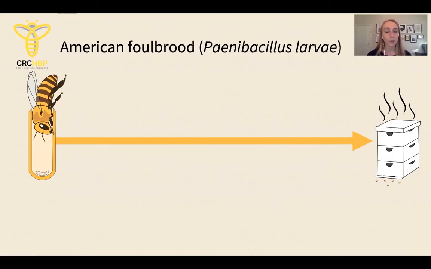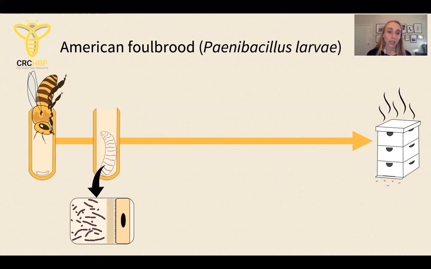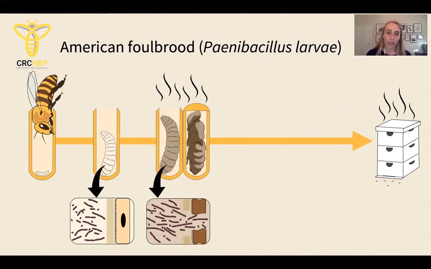To start off with, what is American foulbrood, or as we tend to call it, AFB? AFB is a bacterial disease that can start with a single diseased larva and lead to a dead colony. The infection starts when the young larva is fed spores of the bacterium Paenibacillus larvae. As the larva grows, the bacteria germinate and multiply in its gut. Eventually, the bacteria then break through the lining of the gut, and this causes a blood infection which kills the